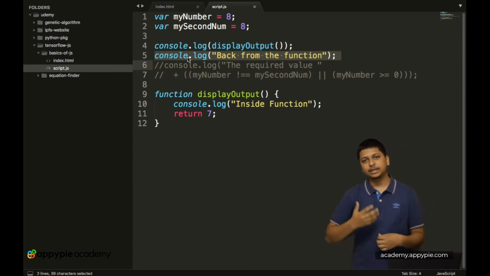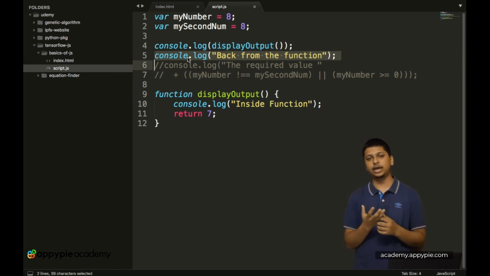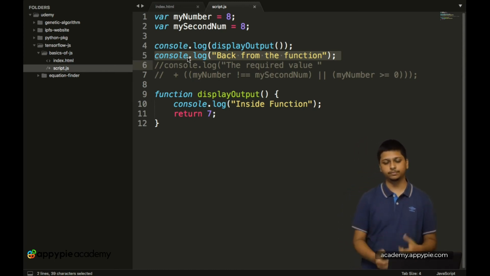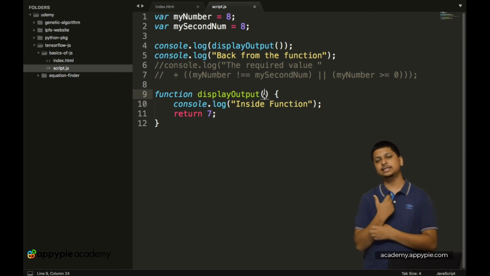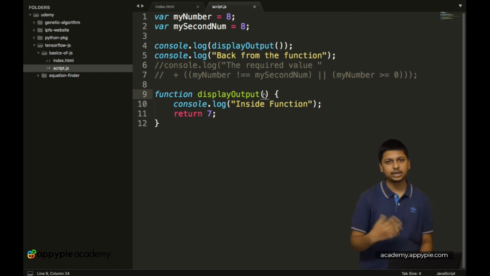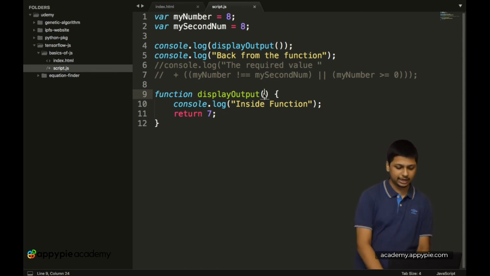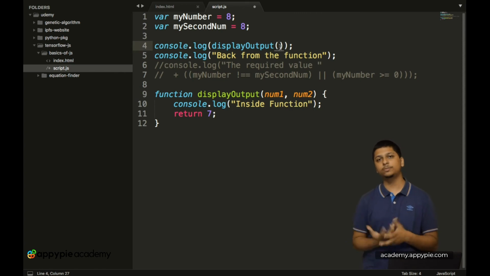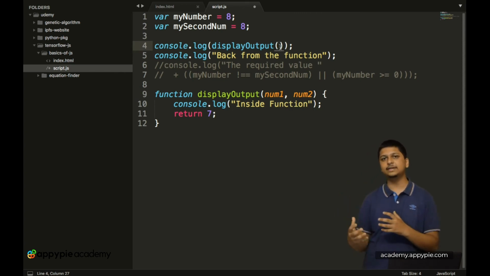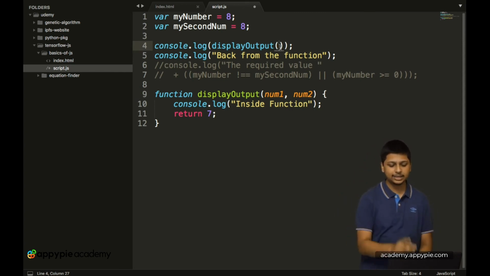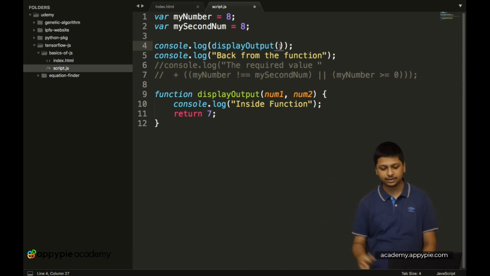Okay, so then next up we have a function which can take in some input values. Over here inside the display output function, any variable which you want to take inside the function can be added inside the round brackets. So now to do that, let's write in two variables over here. Let's call this num1 comma num2. Now whenever you call in the display output function, you have to always give it two values inside these round brackets so that it can do something with those values.